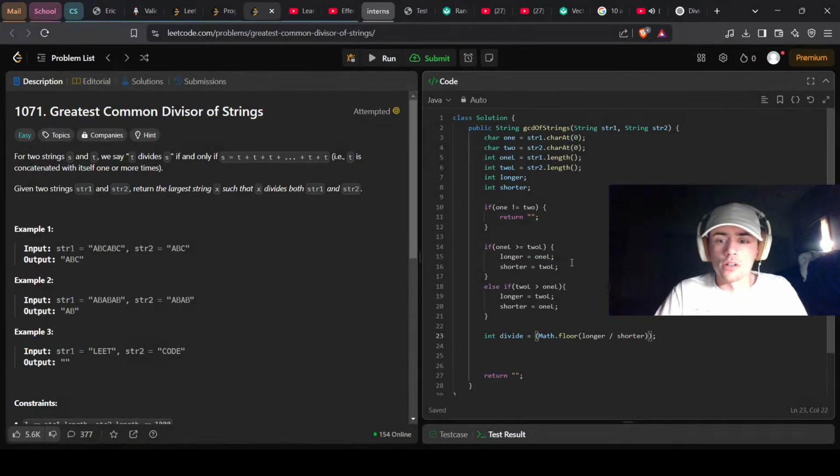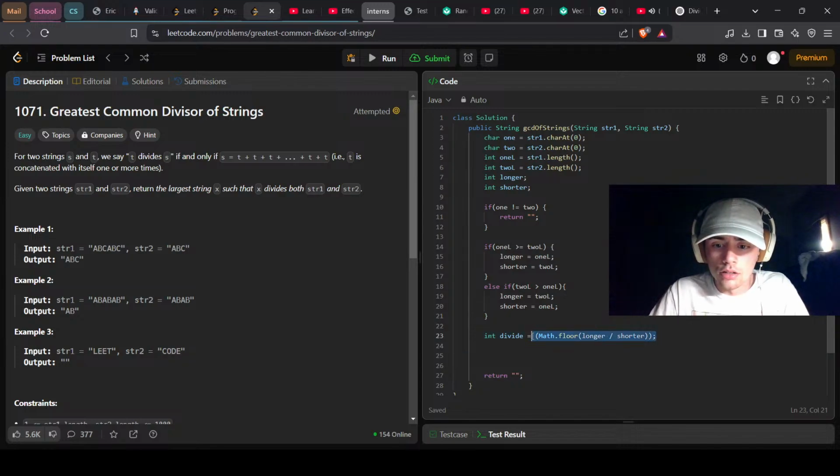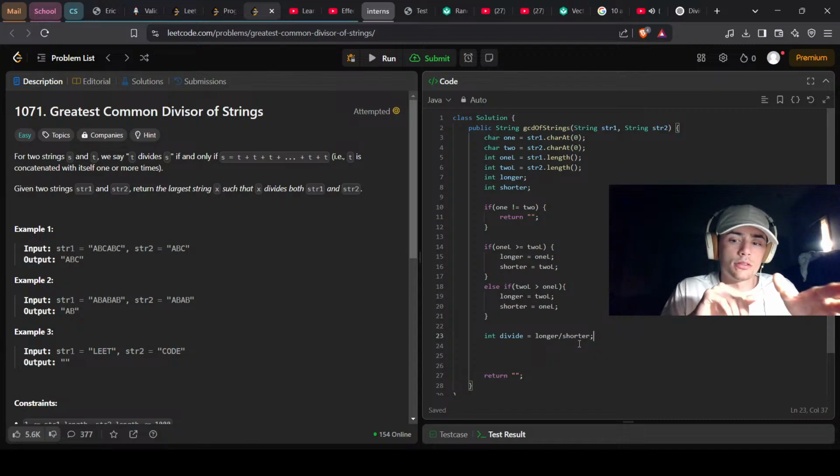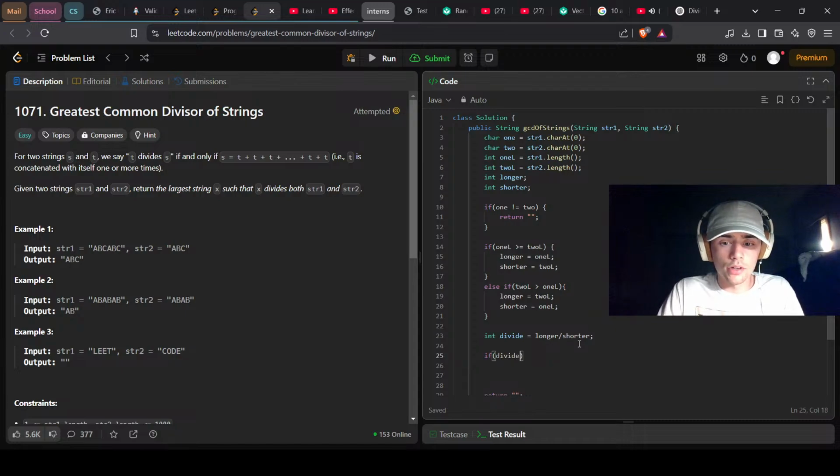I was truncated. Fire. I need to do all this. Longer divided by shorter. Perfect. And that'll tell us this length divided by that length, we get 2. And then if the divided length is not the same as the shorter length, we're going to do